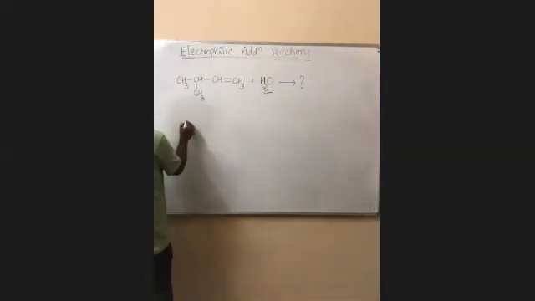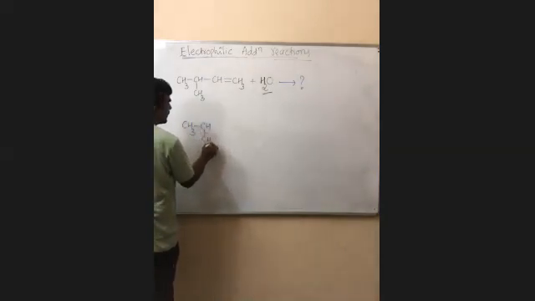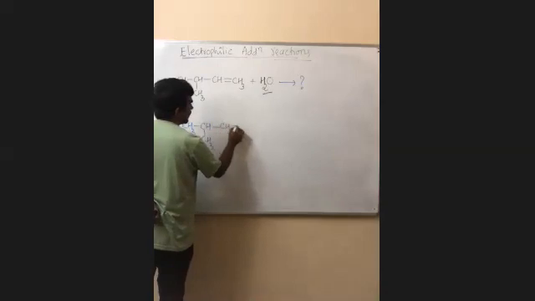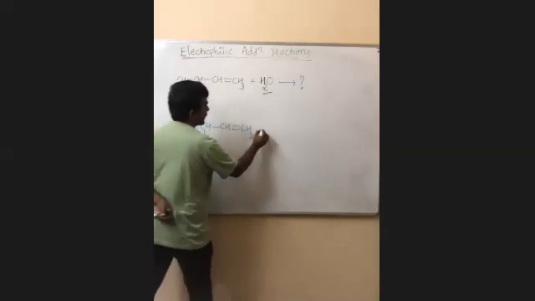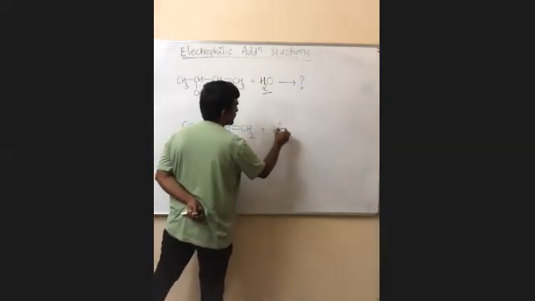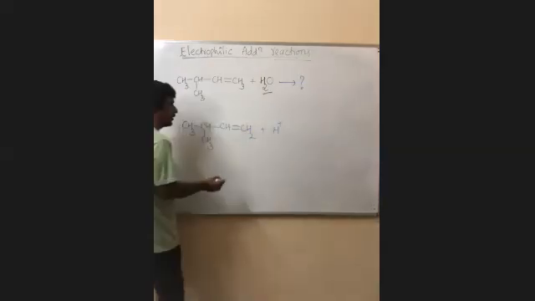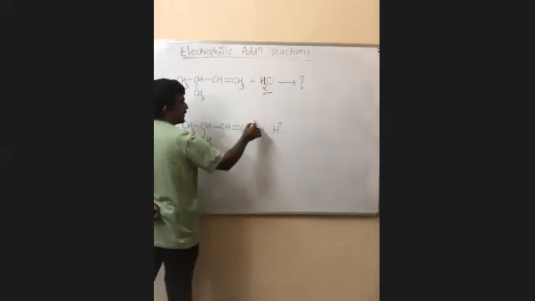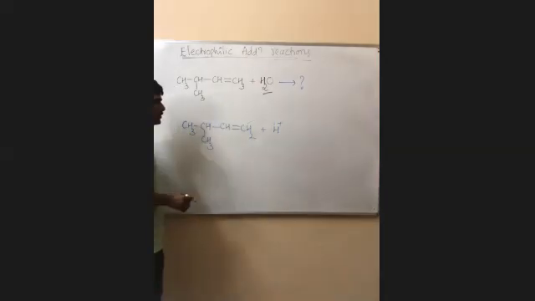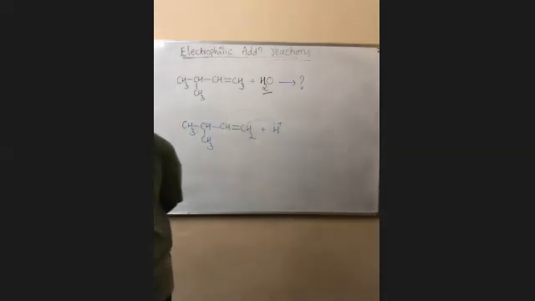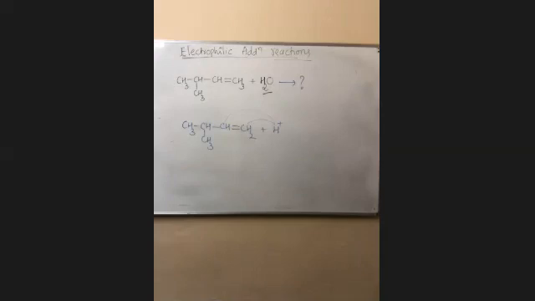First here, what happens? Tell me. First CH3, CH, CH3, CH, double bond CH2. Which one is added first? H plus, followed by the OH minus. Now obviously H plus will add to this one or this one. You have to think which one it is added to, first carbon or second carbon. Anyone please? I request you to answer.